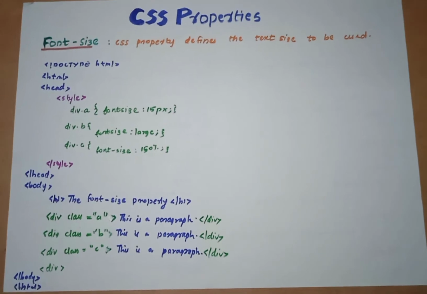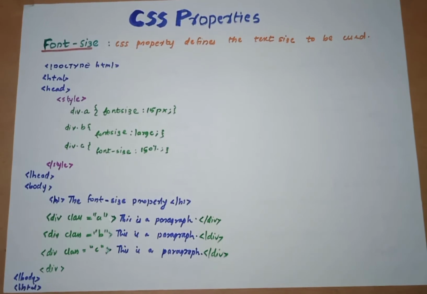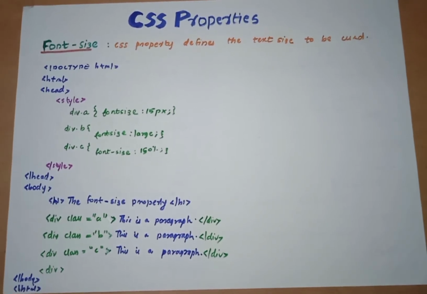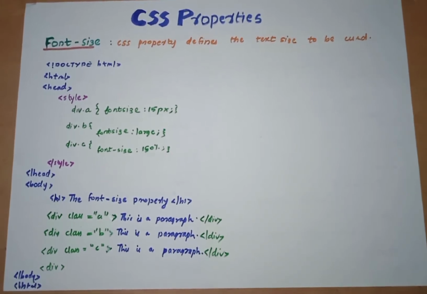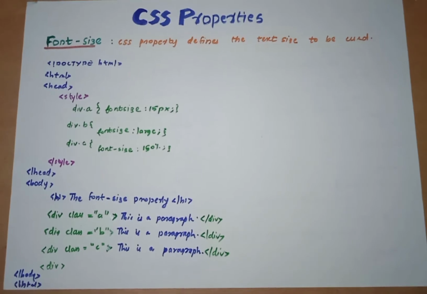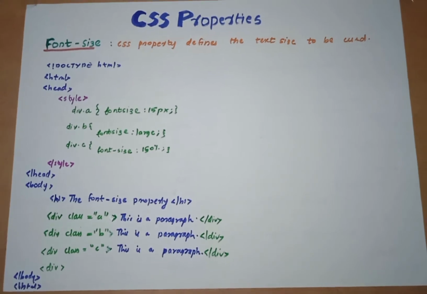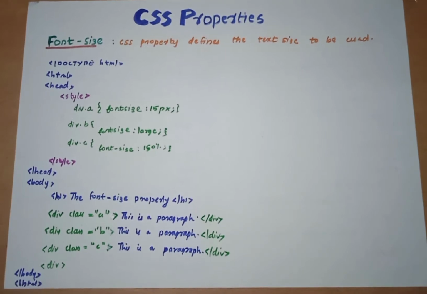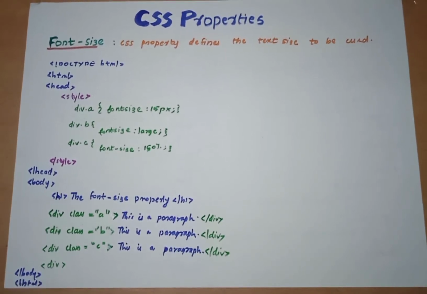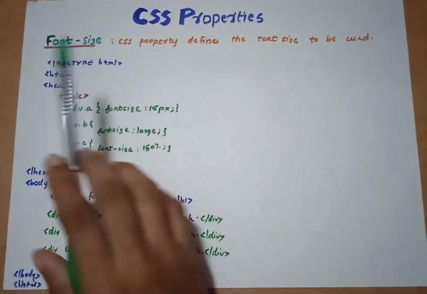CSS is nothing but Cascading Style Sheets. Using CSS you can add styles to many different web pages using the same style sheet. We only need to link that CSS file to our HTML code. There are many CSS properties, and they make it very easy to add different kinds of styles to our web page. So we can start directly.